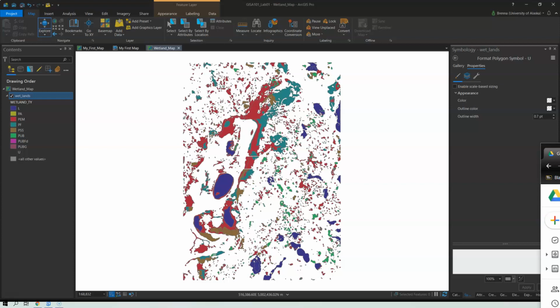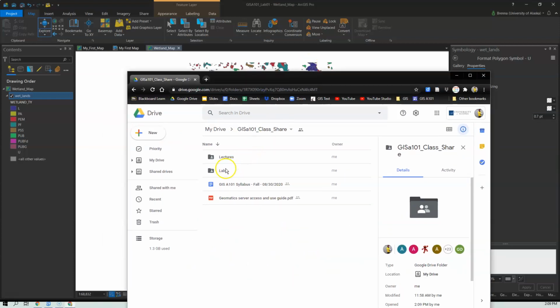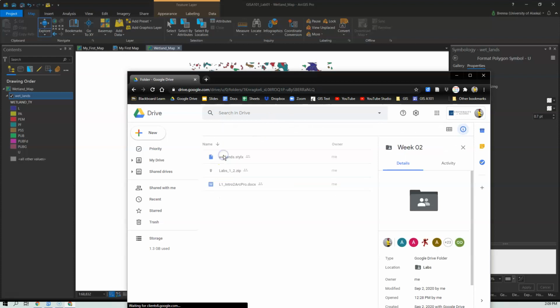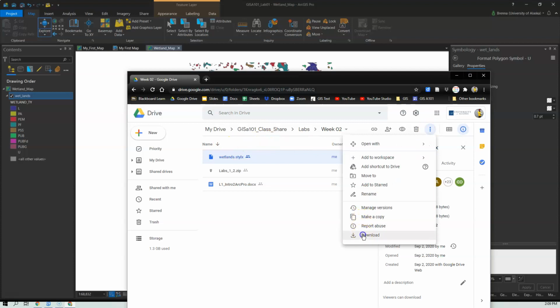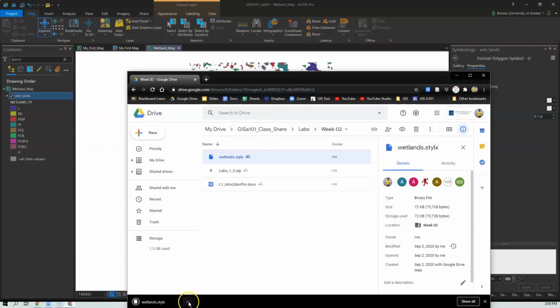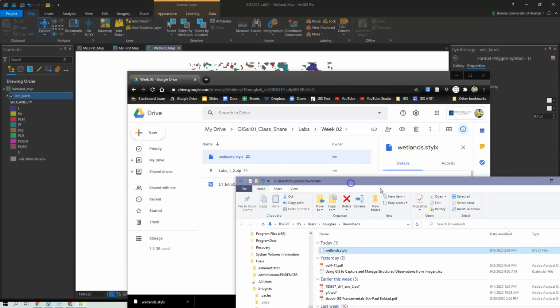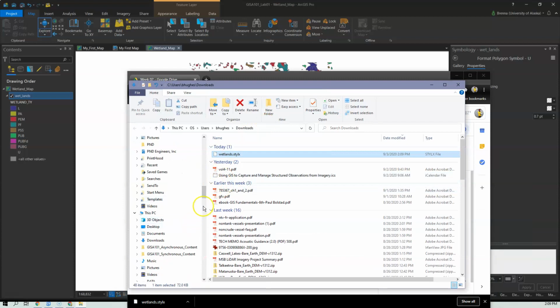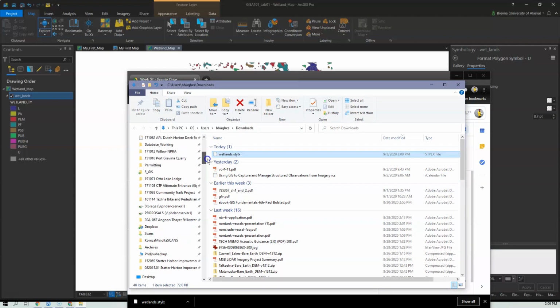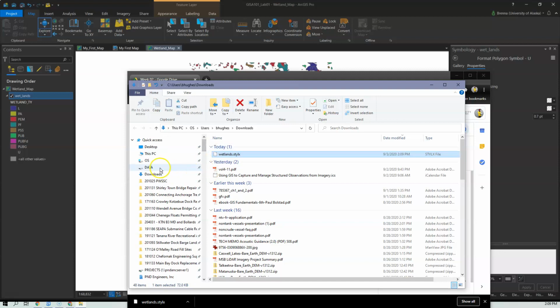So I have loaded in our shared Google Drive under Labs, week 2, a style file. And I'm going to download this file to my downloads folder, but then I'm going to move it somewhere a little bit more useful, which for me is going to be the folder where I, let's see,